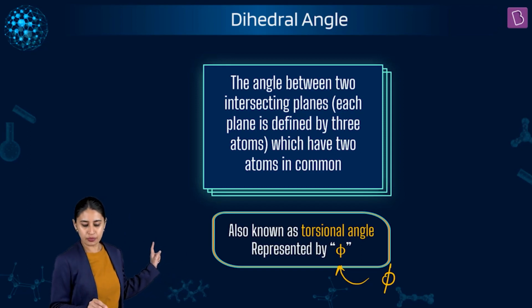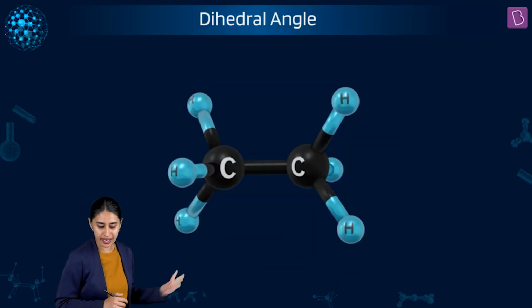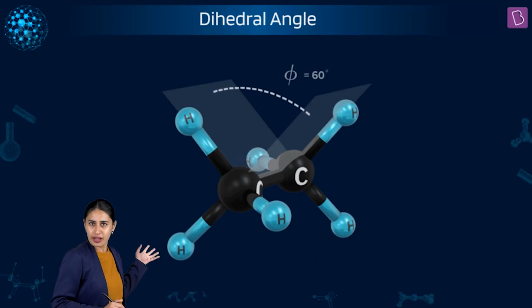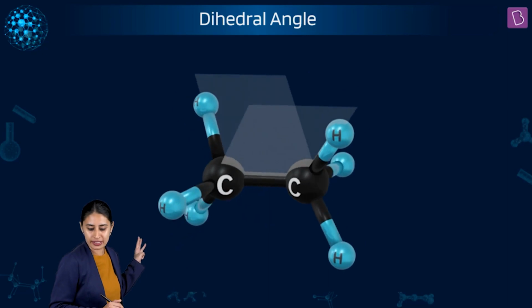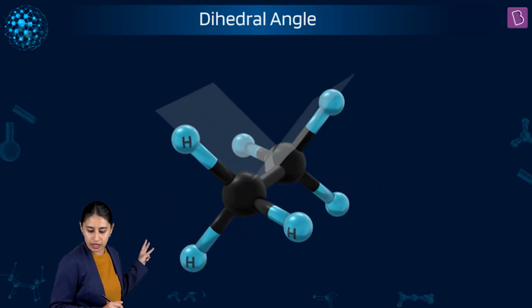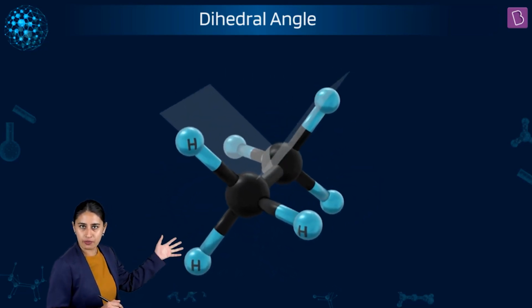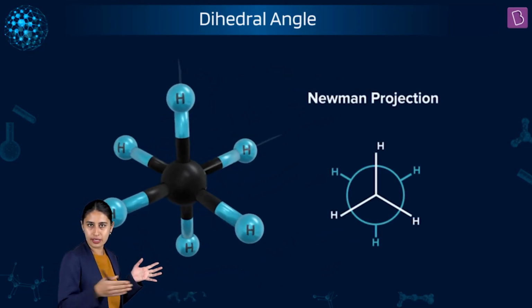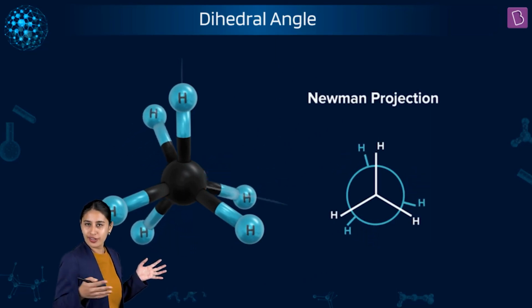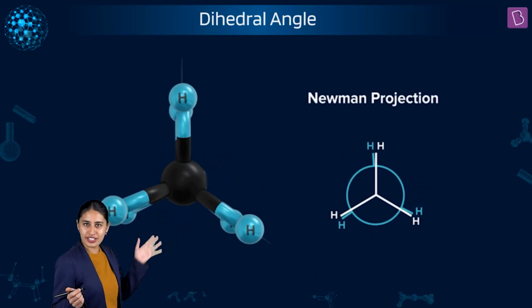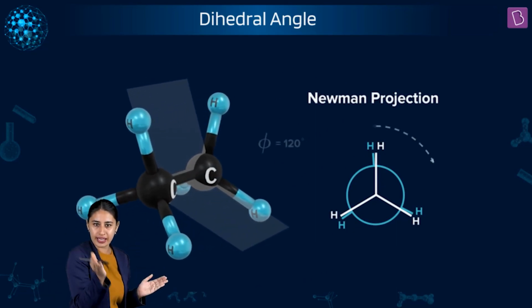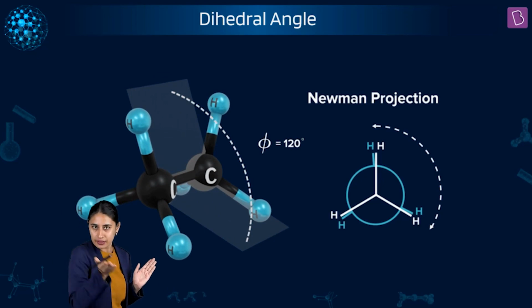Please see the angle between two intersecting planes. Best is to see it in 3D. Check this out. The plane is made by three atoms. You can see hydrogen, carbon, and carbon. So the first carbon, take one hydrogen, carbon, and this molecular axis, the sigma bond that we are so much concerned about. So H, C, and C, that plane we have taken.